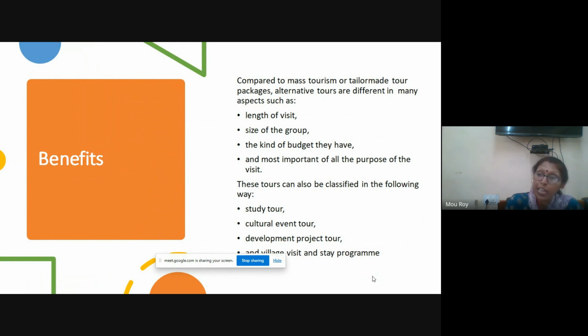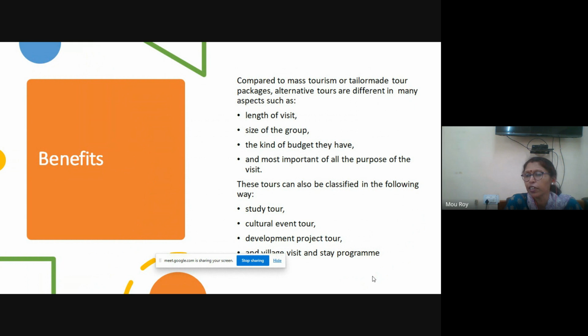Then there are different types of tours included, whether it is a study tour, an official tour, a cultural event tour, a development project tour, or a village visit and stay program. As per that, there are Make My Trip, then Goibibo, then IRCTC is there,